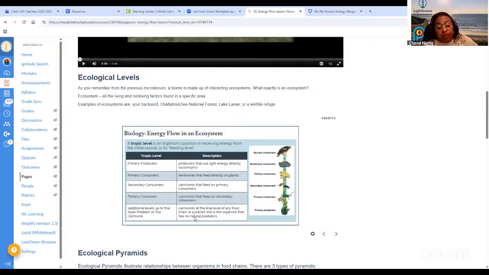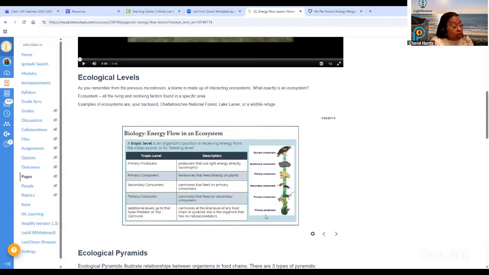We also have omnivores, carnivores and herbivores. Carnivores are meat eaters. Omnivores eat both plants and animals. Herbivores eat just plants. Those are words in addition to those that you need to be aware of. Carnivores eat only animals, and herbivores eat only plants. So again, vocabulary. And there are actually levels higher than tertiary consumers, as you see here in the diagram. It just goes by the numbers 3, 4, and 5.